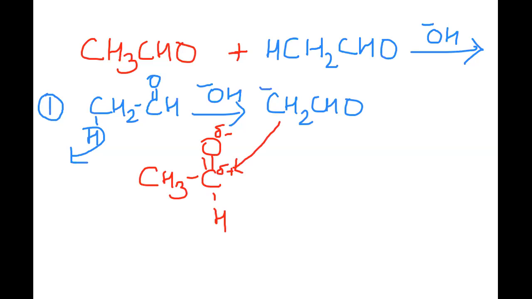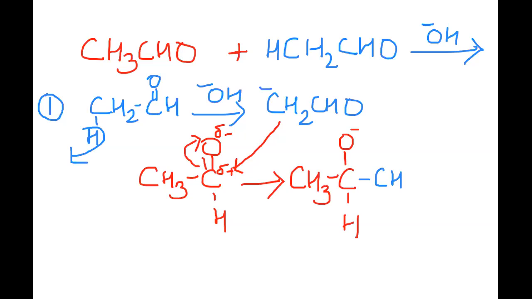When it attacks the carbonyl carbon, the pi electrons will move there, and what you will actually get is a CH3 and a C. This becomes O negative, which is going to pick up a hydrogen later from the solvent. I will write this H here, and the next part I'm going to write like this: